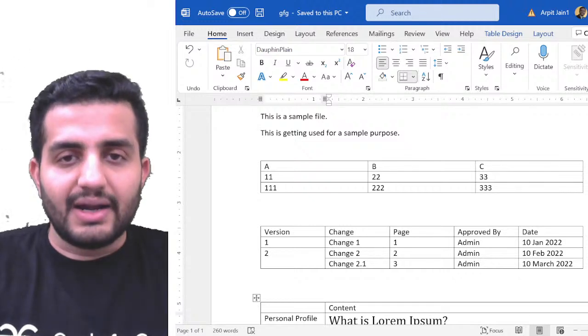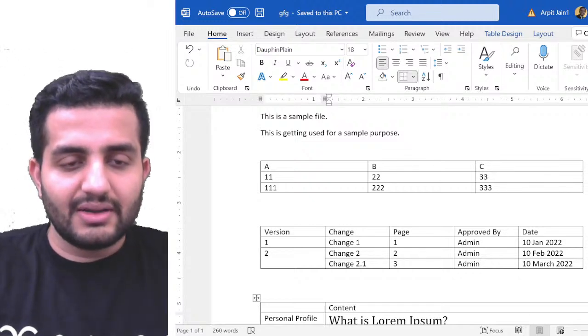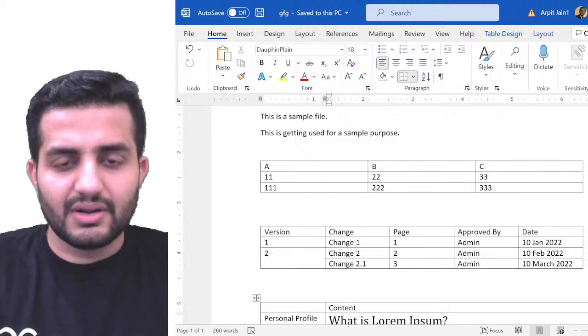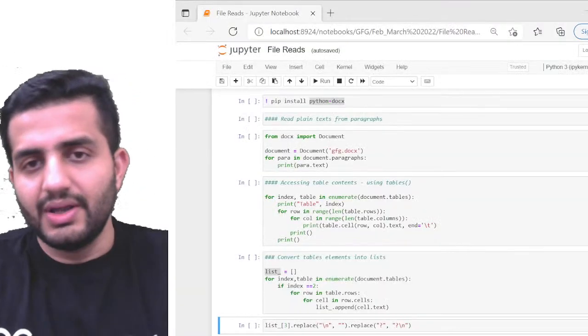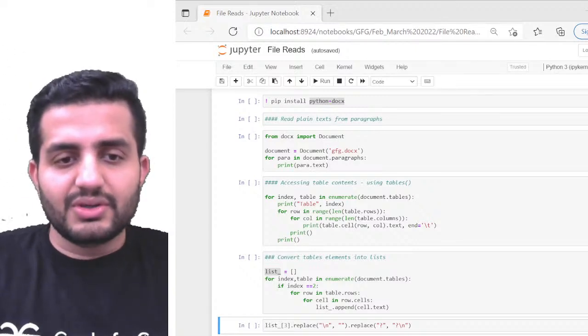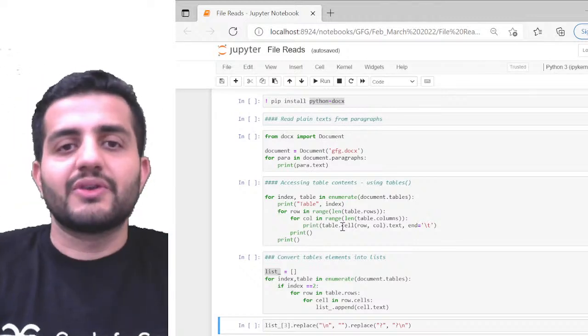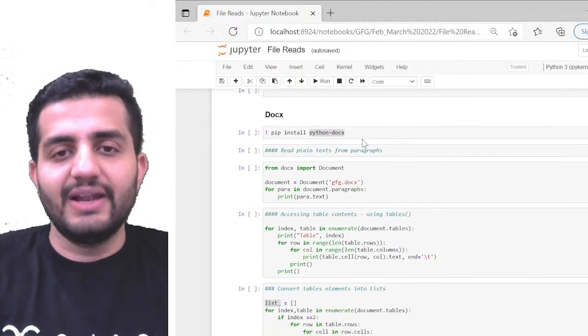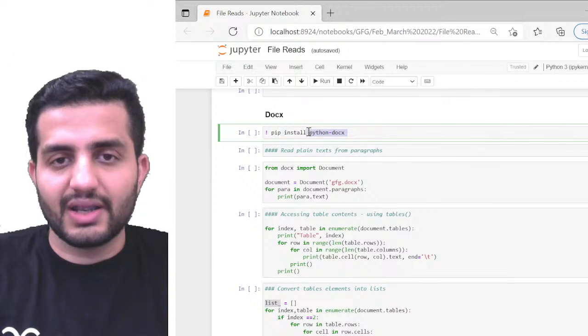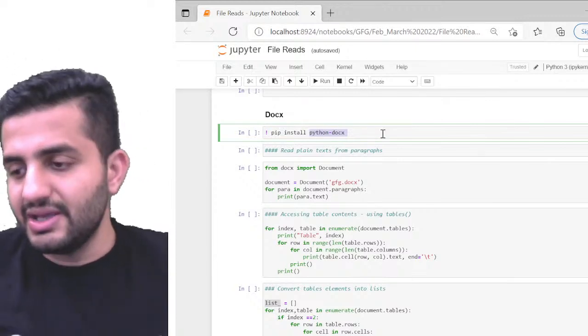So how can we do that? Let's look at the code. This is how my code looks, where I have the information for individual files. As I said, for the docx file, the library name is python-docx.